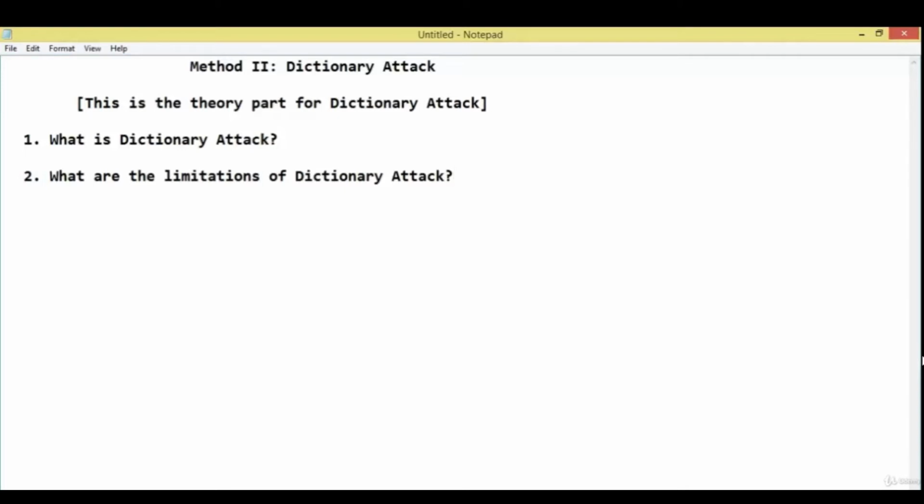First is delayed response. A slightly delayed response from the server prevents a hacker or spammer from checking multiple passwords within a short period of time. Second is account locking. Locking an account after several unsuccessful attempts, for example locking after 3 or 5 unsuccessful attempts, prevents a hacker or spammer from checking multiple passwords to log in. And the last limitation is that dictionary attacks are not effective against systems that use multiple words as a password.